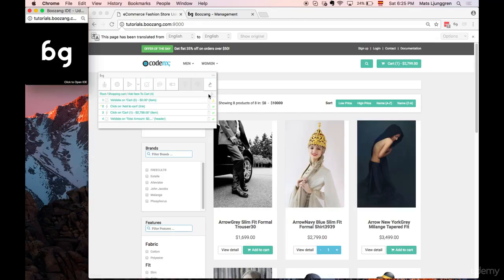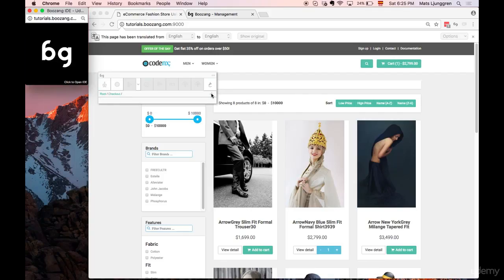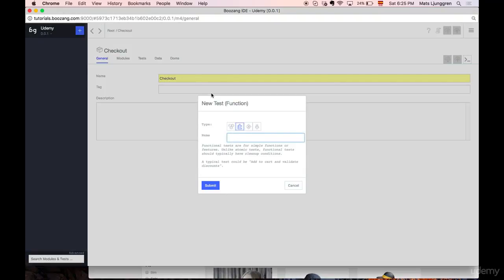So as you see, I'm creating a test because I'm there. I have to go back to the root, press the plus, and it will create a module. Here I will create checkout as a module, submit this, and create our first test. Of course we could create a full test that would add things to the cart, go into the shopping cart, check out. But we want to keep this kind of like an atomic unit. So we create an atomic test